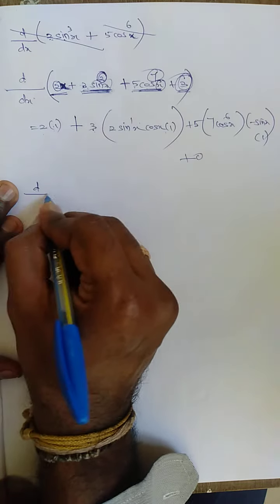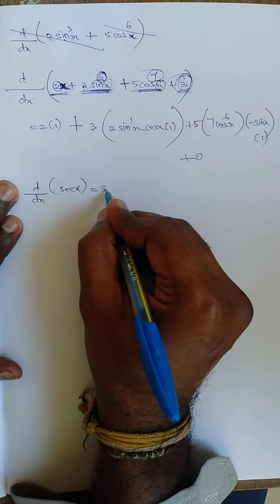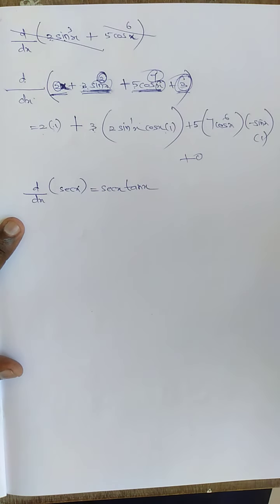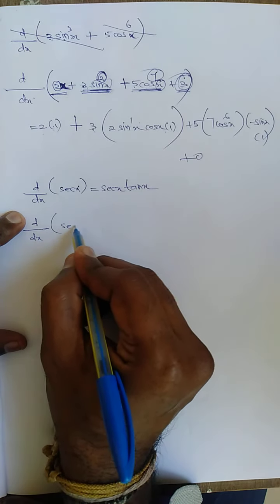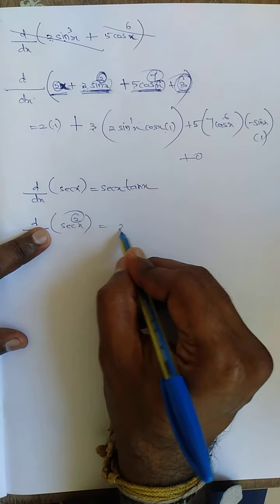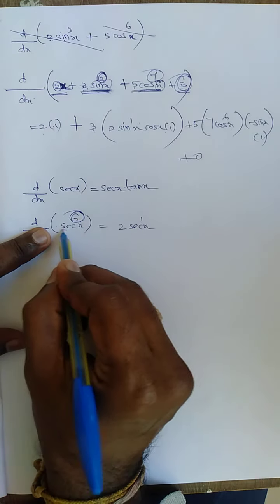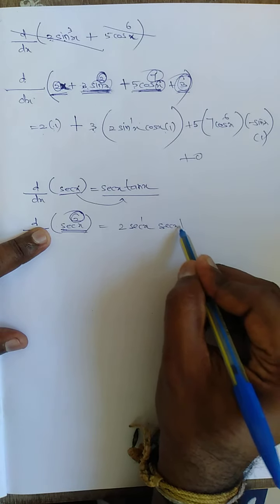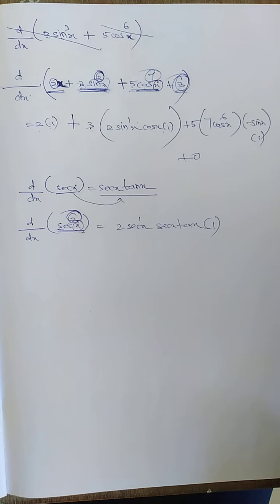You know d by dx. Differentiate of secant x is nothing but secant x tan x. So suppose we differentiate secant square x. Bring down the power first: 2 secant x, secant x to the power 1, or 2 secant x. Next, what is the differential of secant x? It is secant x tan x. X differentiates to 1. Like that only we need to do the differentiation.